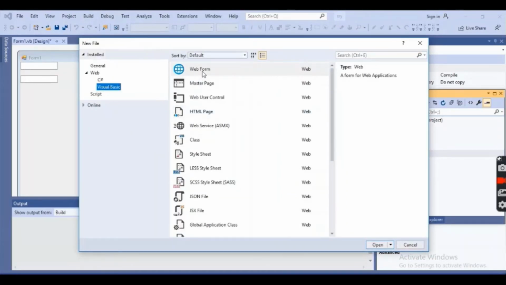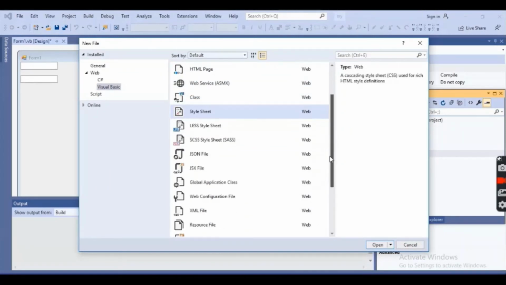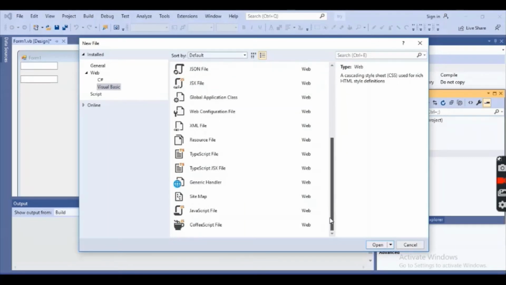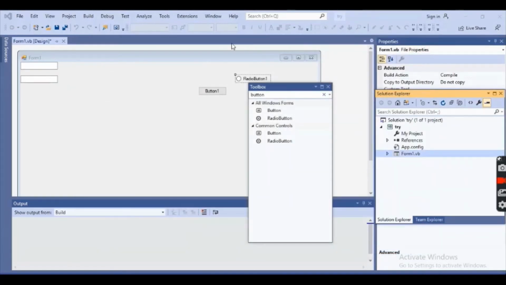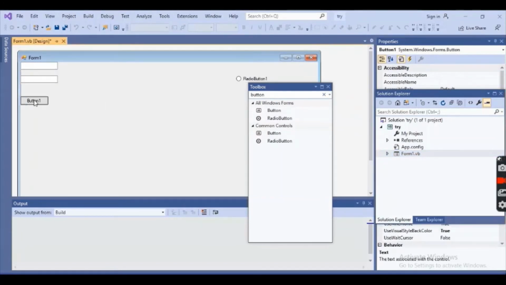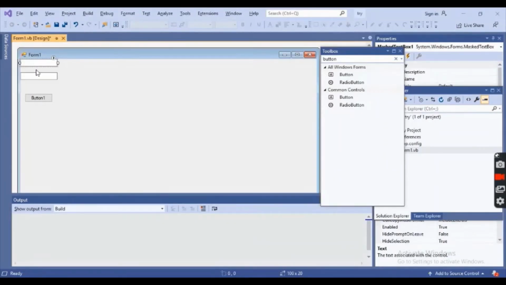I can create a web form, a page, a web service, a class, a style sheet like CSS, a JSX file, a sitemap, a JavaScript file, whatever you want to do, you can do here. For right now, this is basically a window in which we have created a button and a radio button. This is just the front end.